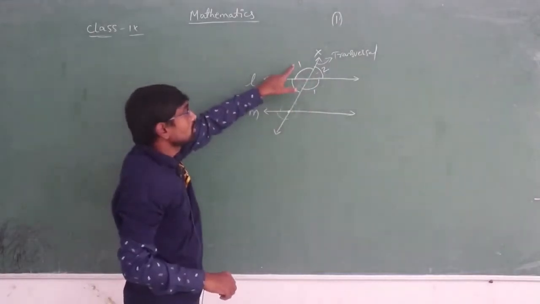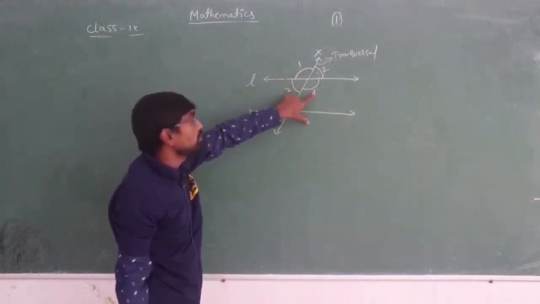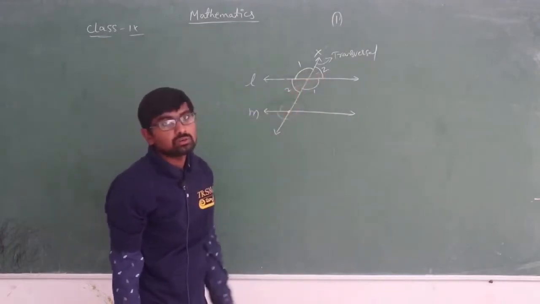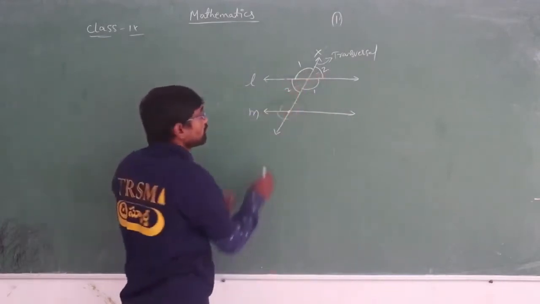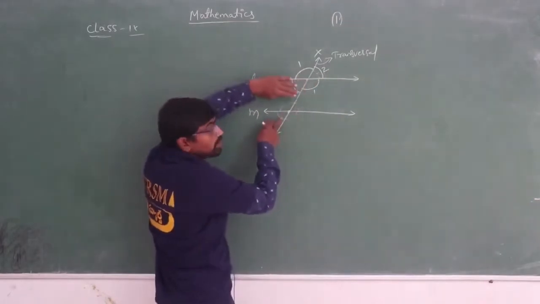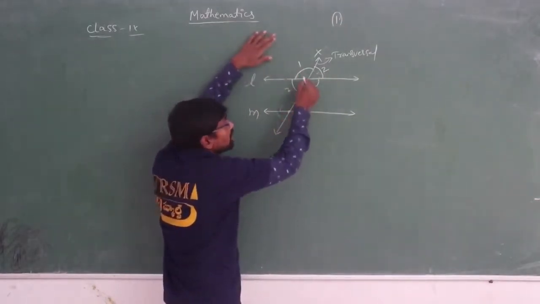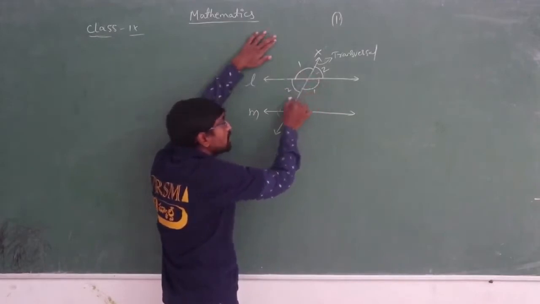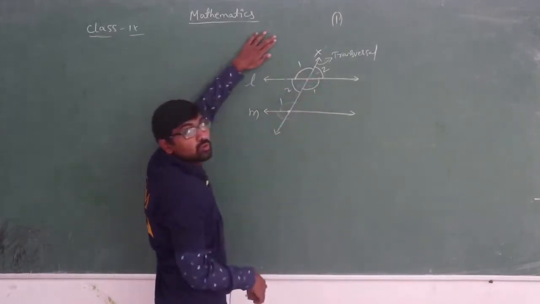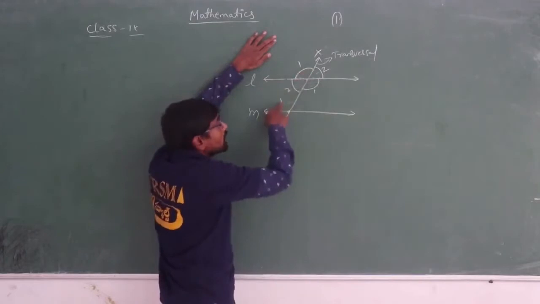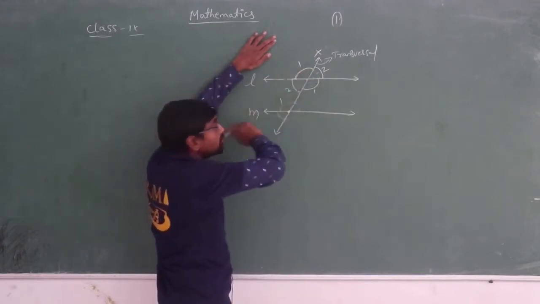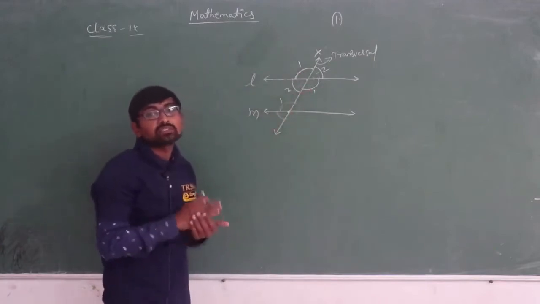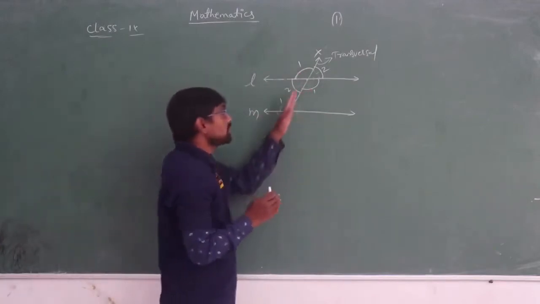This is 1, the vertically opposite angle is also 1. If this is 2, the vertically opposite angle is also 2. Now, coming to the comparison of this one, you can see here, this is 1, this is also 1. If this is 1, here it will also be 1. These are called corresponding angles, alternate interior angles, the names which you have discussed in your previous classes, isn't it?